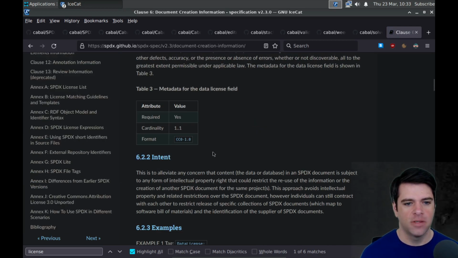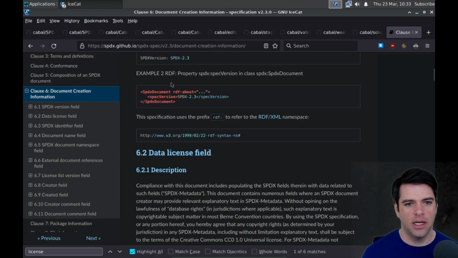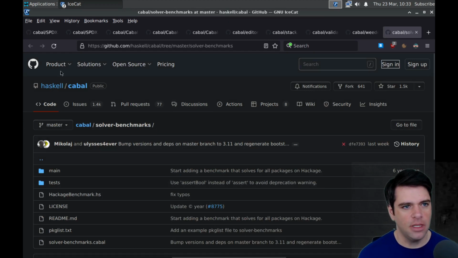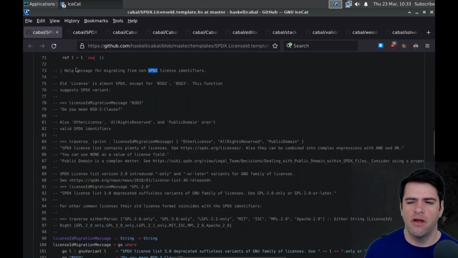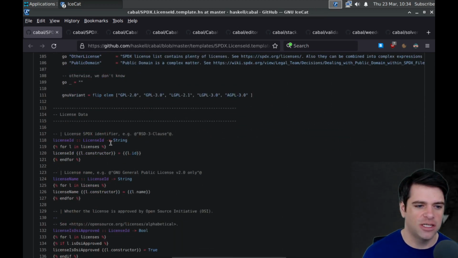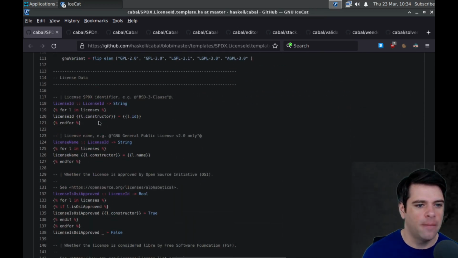Okay. Something SPDX related, and here's an RDF, I guess, tuple. Cool. All right. That was a bit of a rabbit hole. Was that a rabbit hole? I don't think that was a rabbit hole, but it was a side mission, a distraction, I guess, from our primary goal. Okay, so we're just going to read the license ID, and that's that.